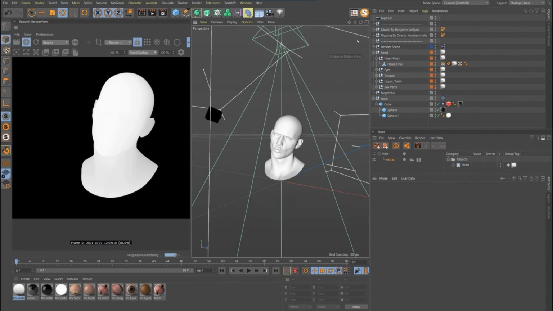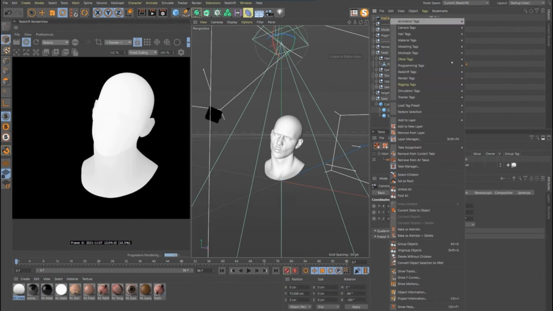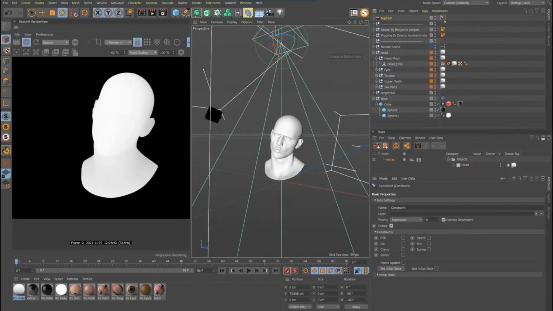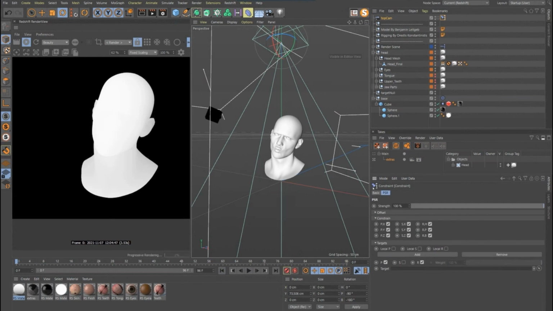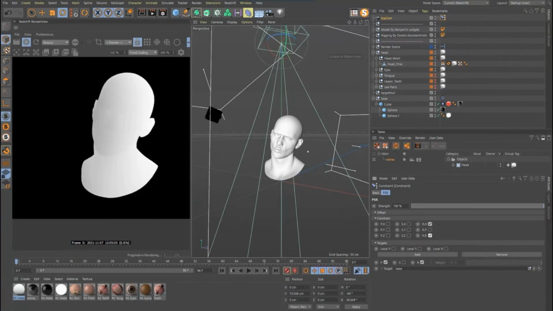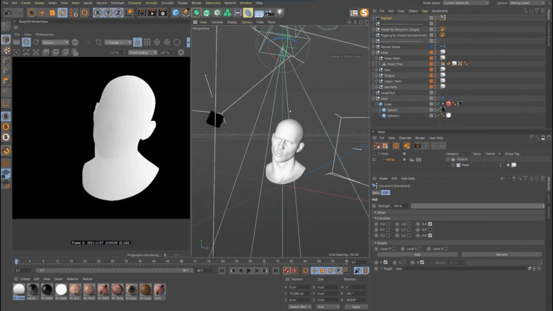Well, the simple thing there is we go to our camera, let's go to our rigging tags. There you are. Constraint. Then on this constraint, we want a PSR, so that's a parent or a position, scale, rotation. Let's turn off everything right now, and we throw in our base. And then what we want for rotation is we don't want everything, so we don't want our camera to point at the thing. Let's do H and B, and you'll see our camera rotated around.